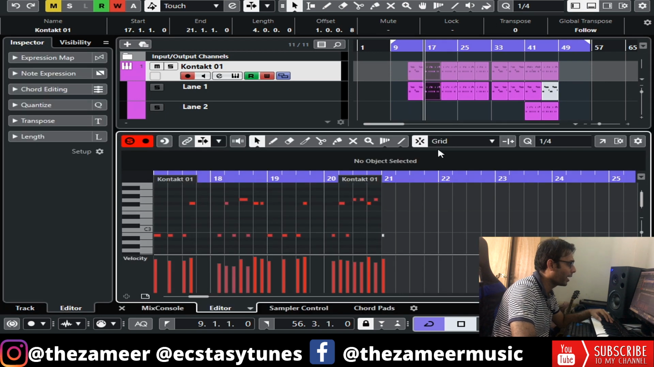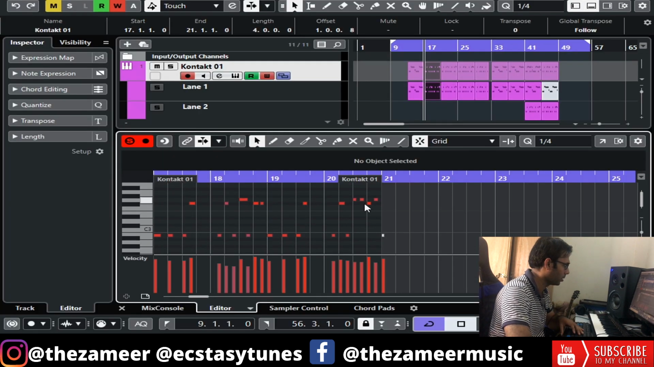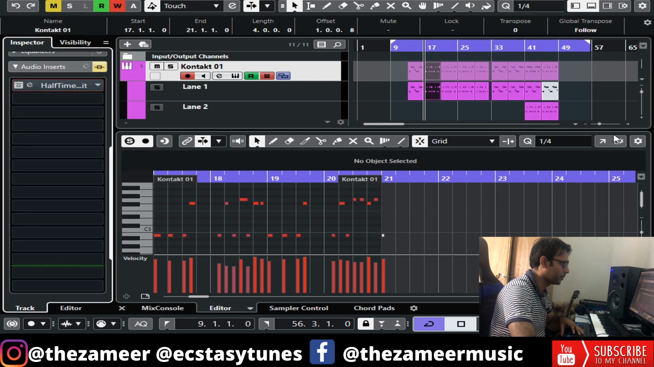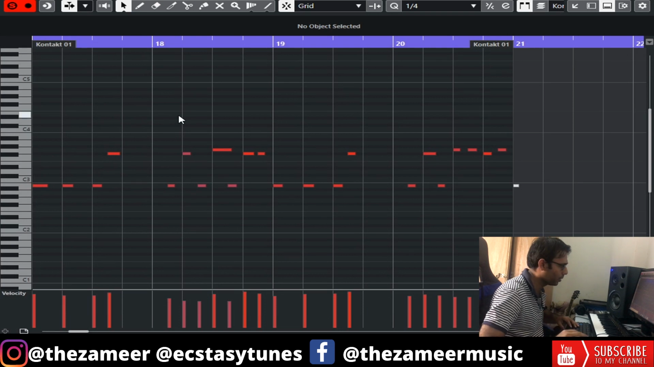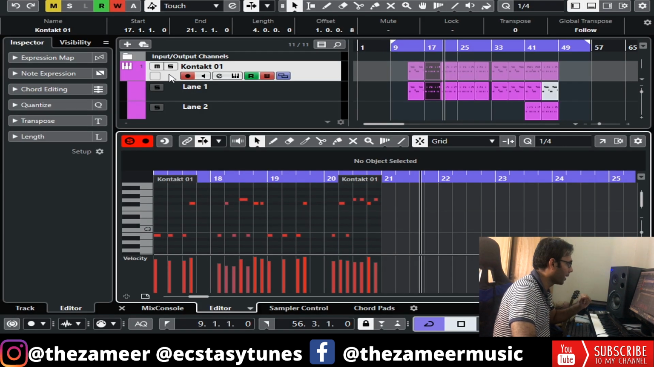And then I add on another melody, which is, let me turn off the halftime again. So this was the original melody before I add halftime. Very simple melody, but when I add this halftime plugin,